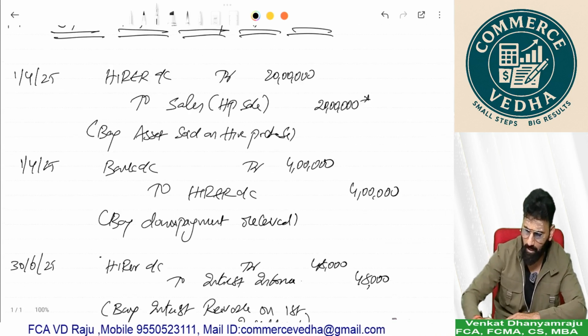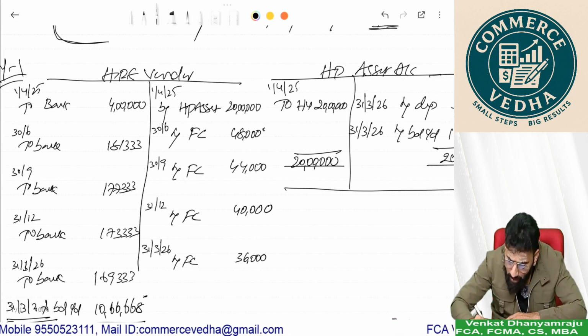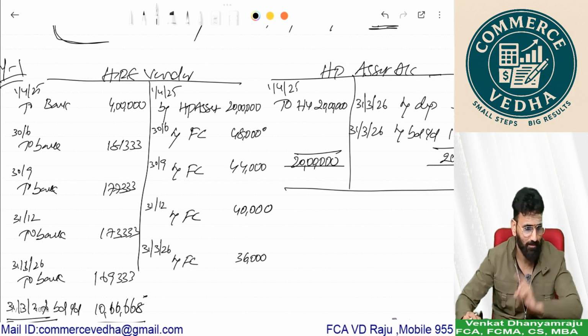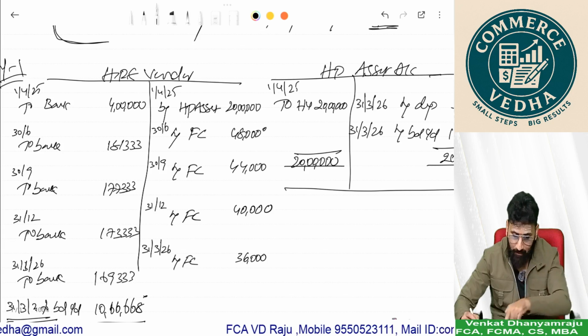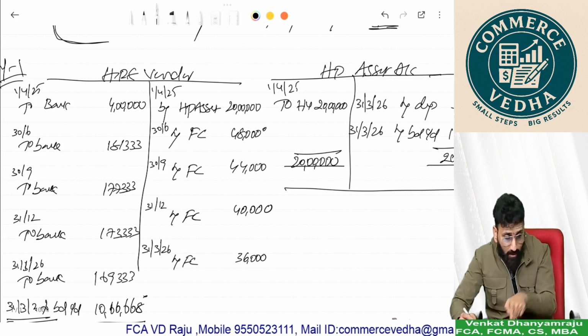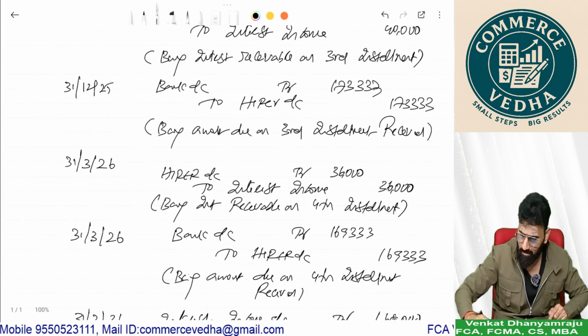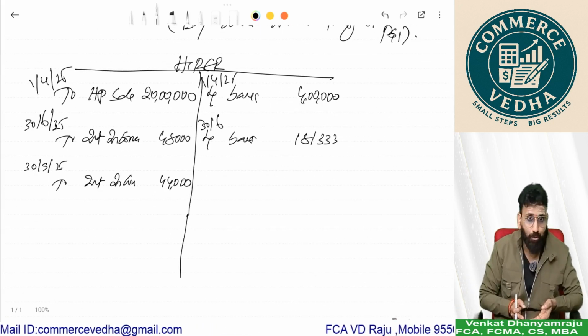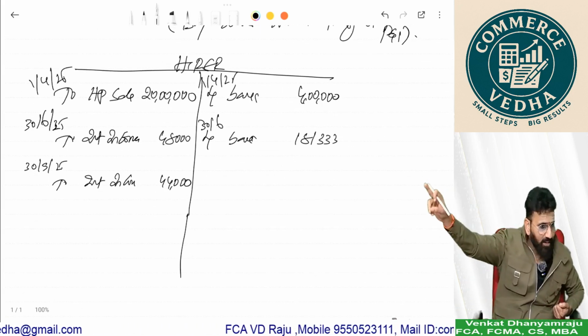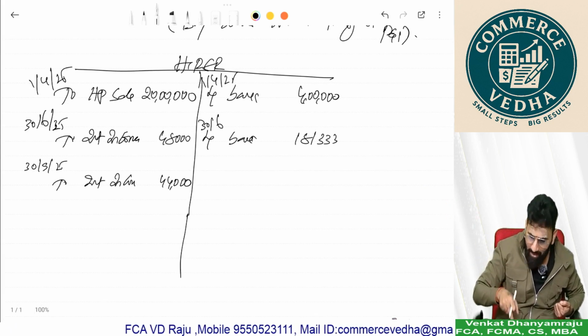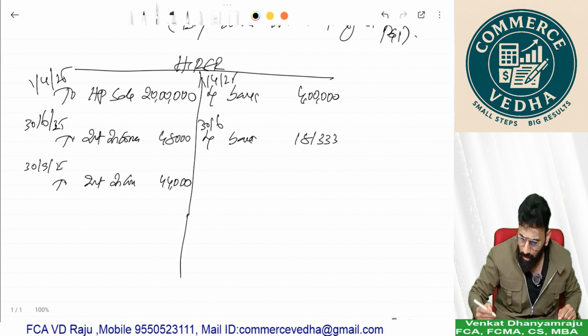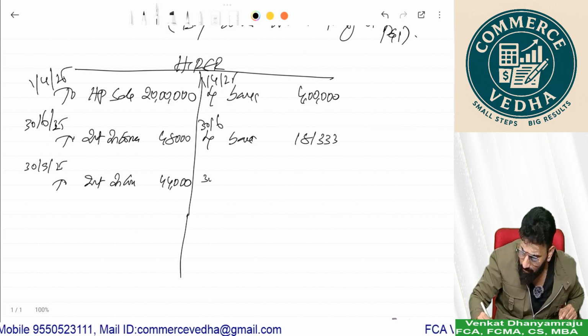In the books of the hirer it is by finance charge payable, an expense to vendor. Here it is to receivable. Payable we credited, receivable we are debiting. That's the comparison. Interest income, and then